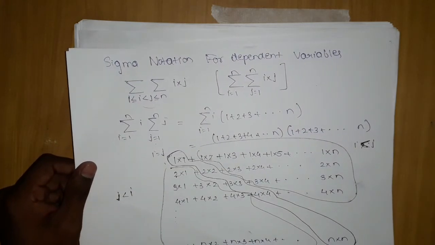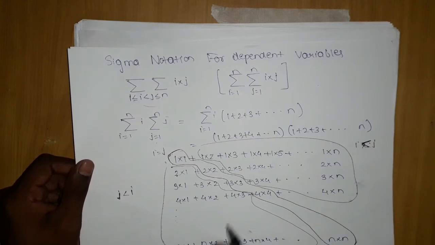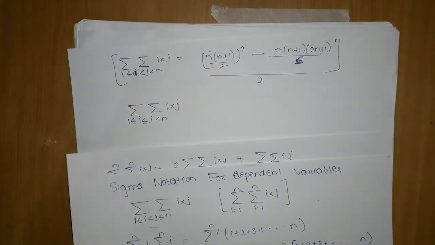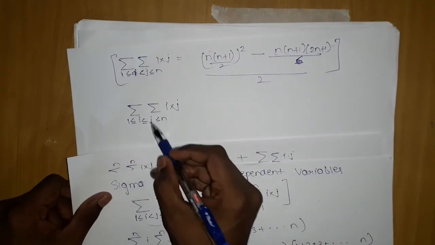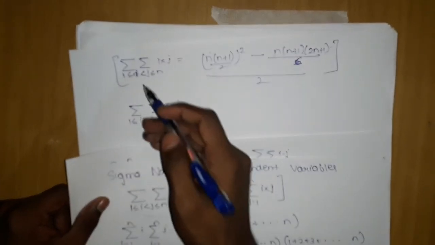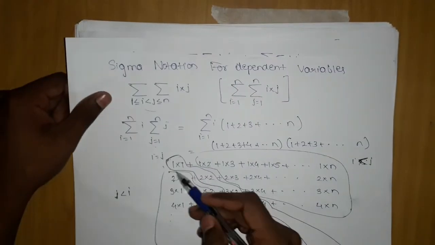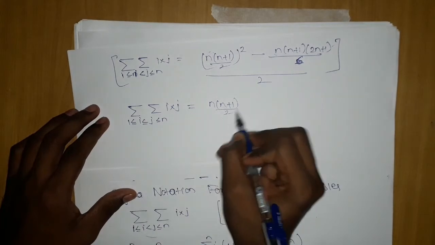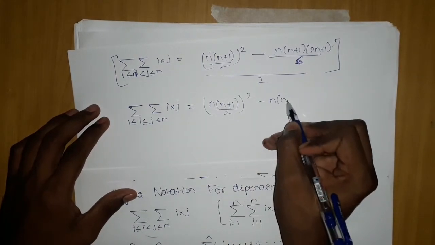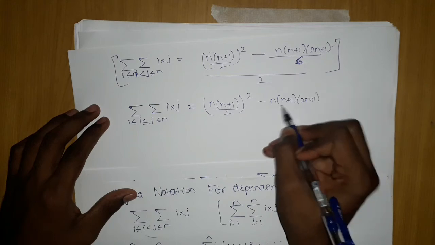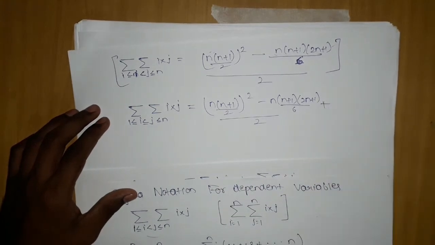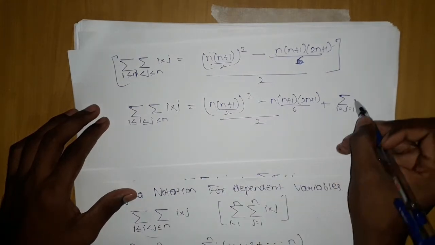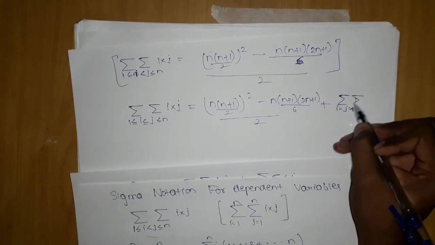So here it was a coincidence that the upper and lower parts were equal, the upper triangle and lower part. But here they are telling that i can also be equal to j. Here it was greater than, now i equal to j is also valid, so this diagonal will also come into the picture. So what will be our answer? n into n plus 1 by 2 the whole square minus n into n plus 1 into 2n plus 1 by 6 by 2, plus this thing which you called summation. I will write it otherwise. If you make i equal to j, double summation i dot j.